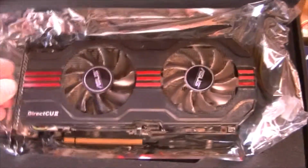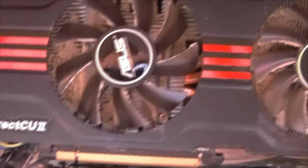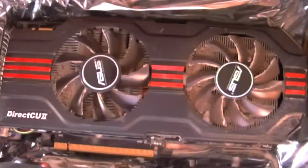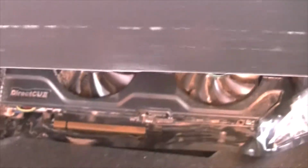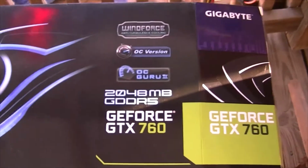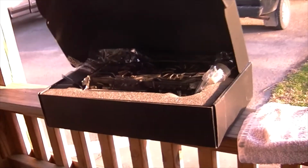This was a good video card. This is actually my 560 Ti. As you can tell, it's been through wear, a lot of dust on it, and so I decided to step this up a little bit, and I went and got a GTX 760. Now this one was a 560 Ti or whatever it was. So this is the 760,